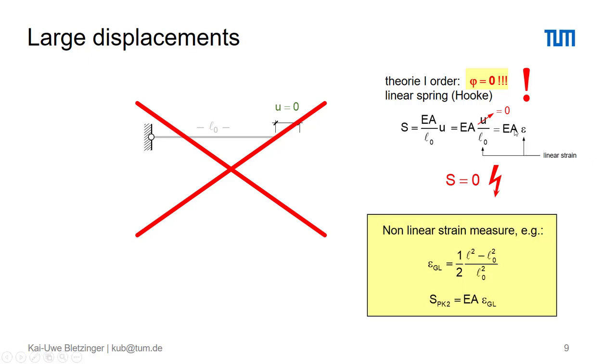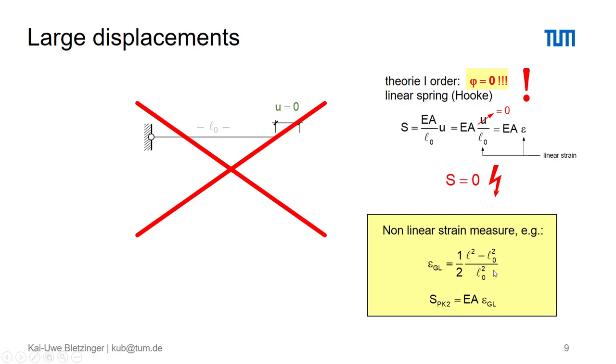The reason is that this assumption of what we call the linear strain is obviously wrong. That must be replaced, and that's exactly its solution. We are replacing these assumptions of what we call the linear strain, together with linear theory of first order, by nonlinear strain measures. For instance, as an example, we can take that one here, which we call the Green-Lagrange strain, which is now a function of the lengths deformed and undeformed squared,